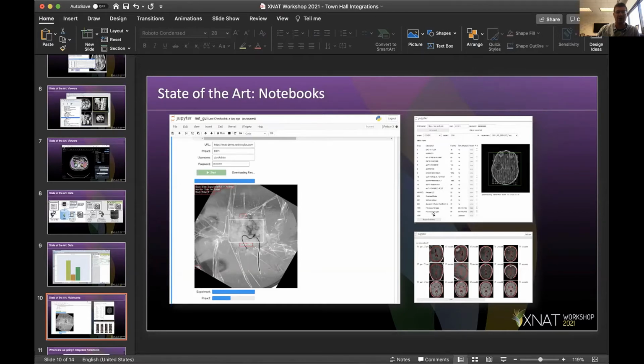directly with XNAT data. The issue to date has been that you have to run your own notebook server, and the data obviously are sitting somewhere else, and you have to pull the data to your local notebook to work with it. So one of the areas we're starting to work on is how to run notebooks more directly from the XNAT server,